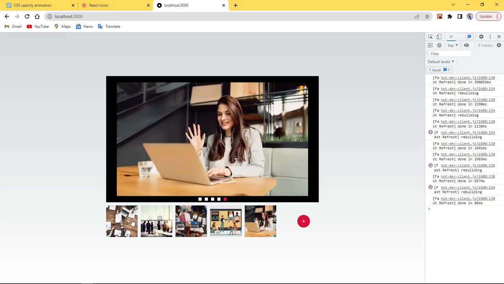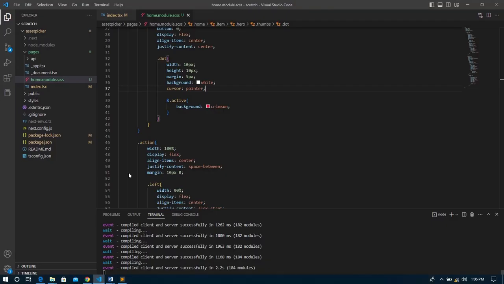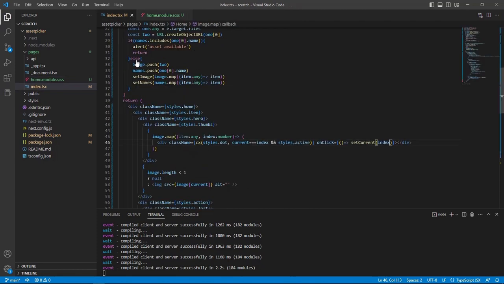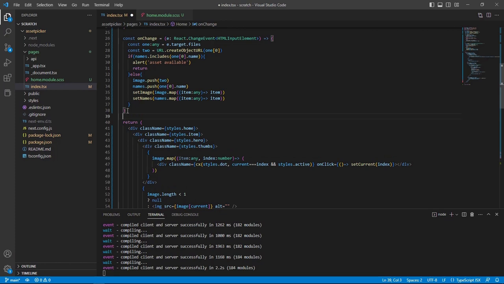But we need some way of deleting these images if someone does not want the selected image. So we are going to create another function to delete our images. So this is going to be the last one. So constant